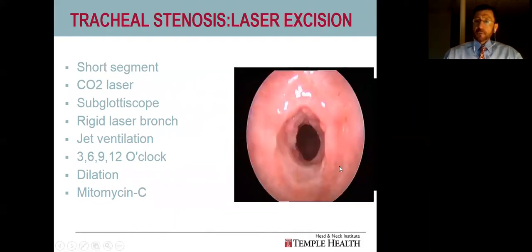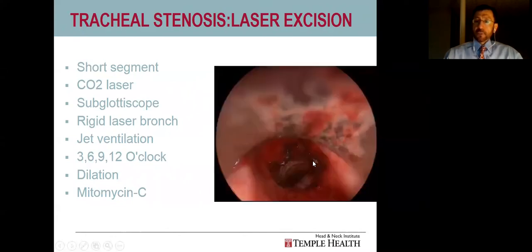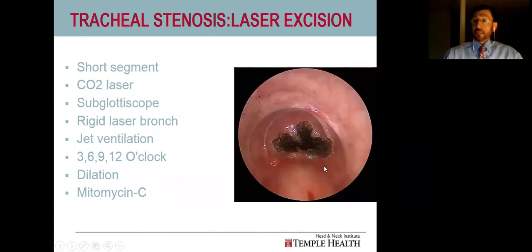This is again an up close view. You can see here I did 3 incisions, so 3, 9, and 12, and then dilated, left the posterior wall alone. Before I dilate, I inject steroids into these islands. And then when I'm done, I apply mitomycin C. This is all done with jet ventilation,